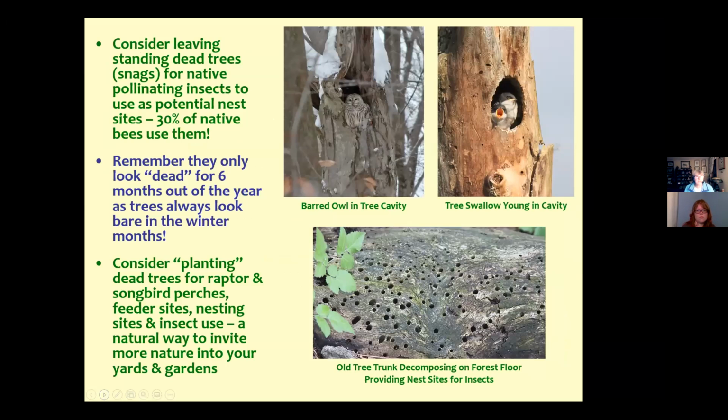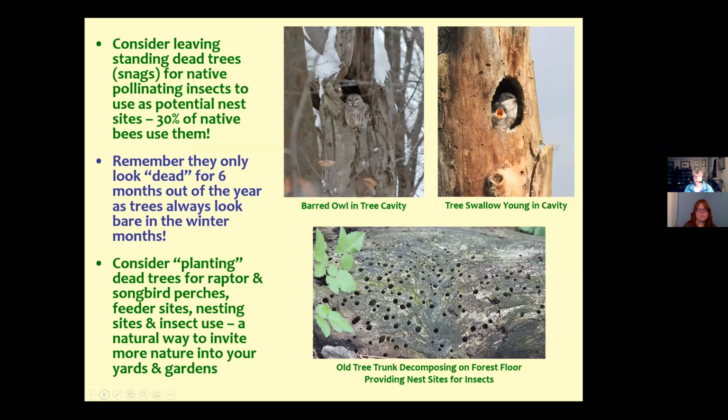Also, consider leaving standing dead trees called snags for native pollinating insects to use as potential nest sites. 30% of our native bees use dead trees for their egg laying and for their nesting. Remember, they only look dead 6 months out of the year, as trees always look bare in the winter. So consider planting dead trees, which I have done, or a dead branch that I've gotten off of a larger